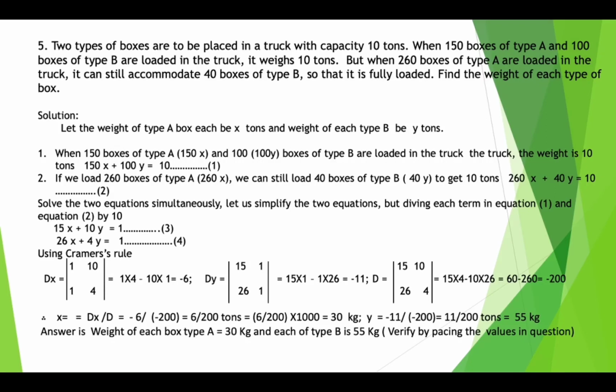If we load 260 boxes of type A, 260x, we can still load 40 boxes of type B, which is 40y, to get 10 tons. So 260x plus 40y is equal to 10. Solve the two equations simultaneously. Use Cramer's rule. Now to simplify the equations, you can divide by 10 in both the equations. So it gets simplified. Now using Cramer's rule, dx